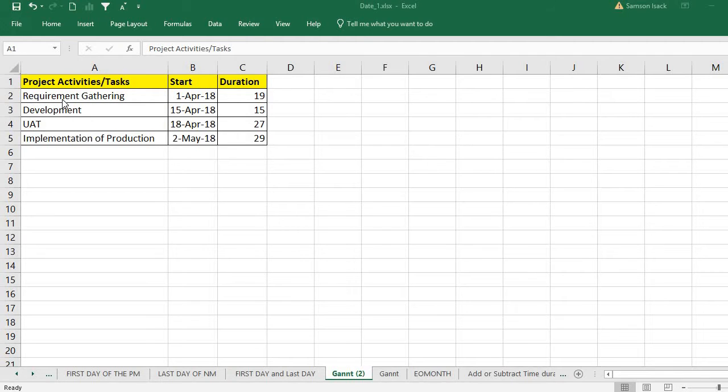So what we have here are the project tasks or activities: requirement gathering, development, UAT, and implementation of production. Here are the start dates for each activity or task, and the duration. Now I am going to draw a Gantt chart, but in Excel we don't have a Gantt chart type, so we need to use